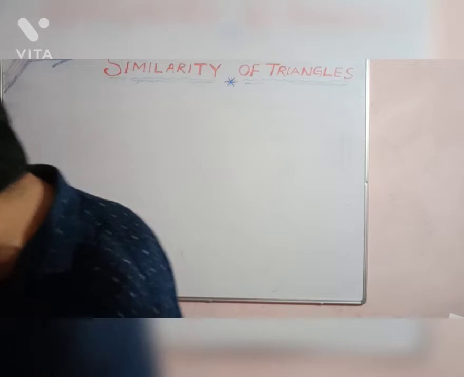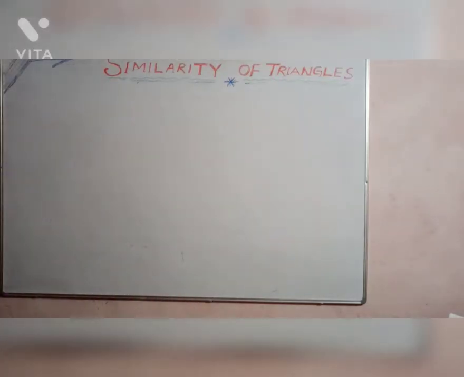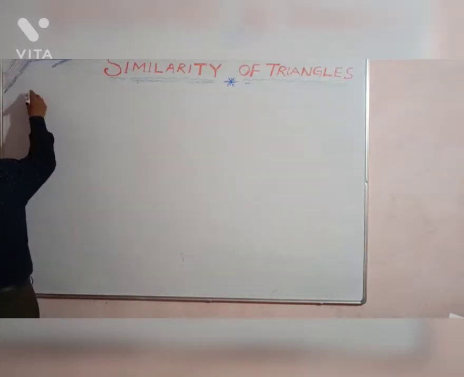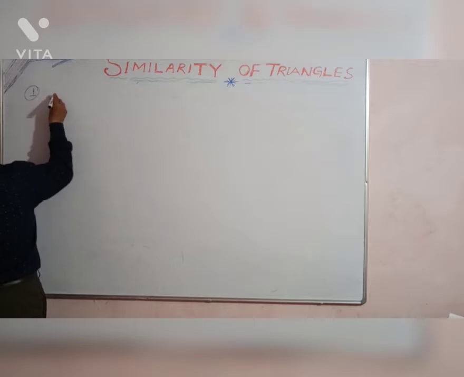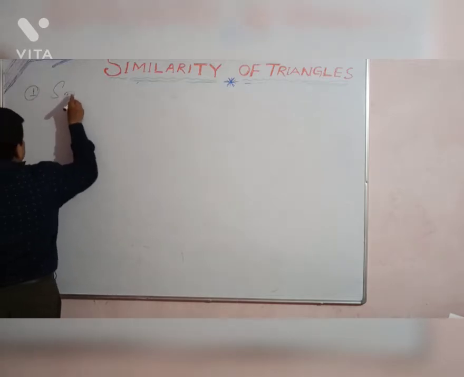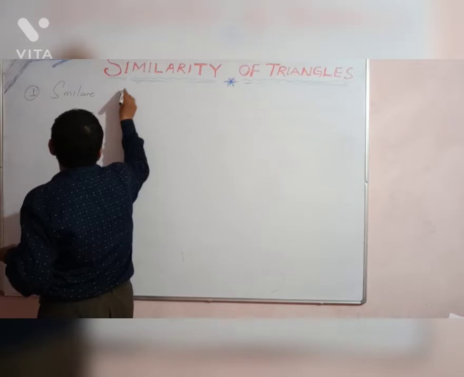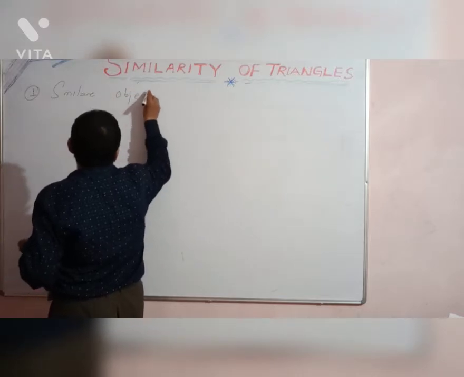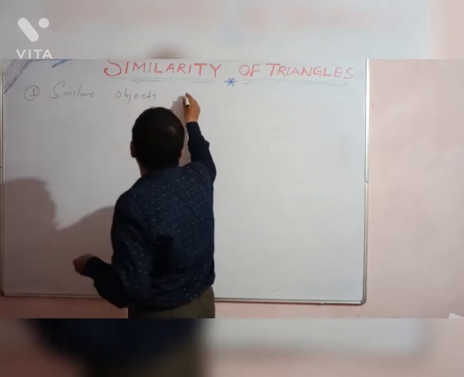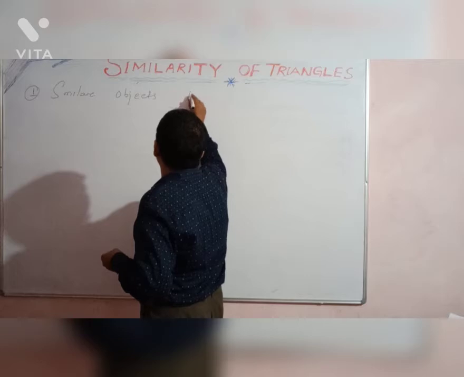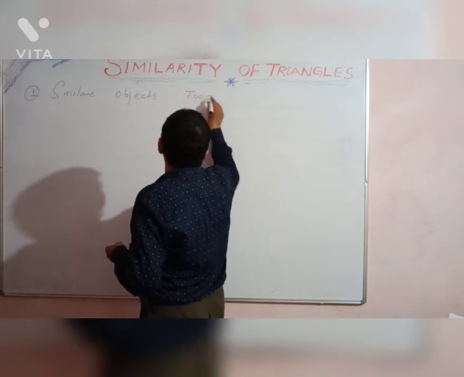Let us study about the similarity of similar objects. First of all, what do you mean by similar objects? First you see what is similarity. Let's see now, similar objects. What is a similar object? Two objects are said to be similar